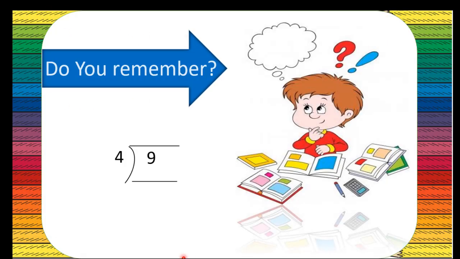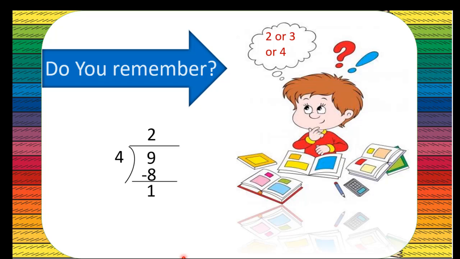Do you remember how to divide 1 digit number by 1 digit number? Here I have written the question 9 divided by 4. You will tell me the quotient of this. I give you 3 options. First option is 2, second is 3 and third one is 4. Very good, 2. When you divide 9 by 4, you multiply 4 by 2 and then you get 8, which is nearest to 9 and less than 9. When you subtract 8 from 9 you get 1 as remainder.